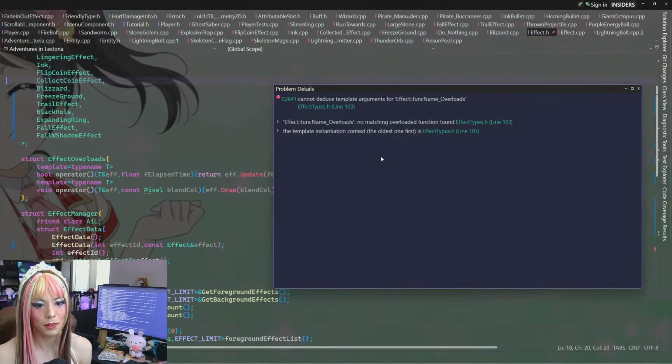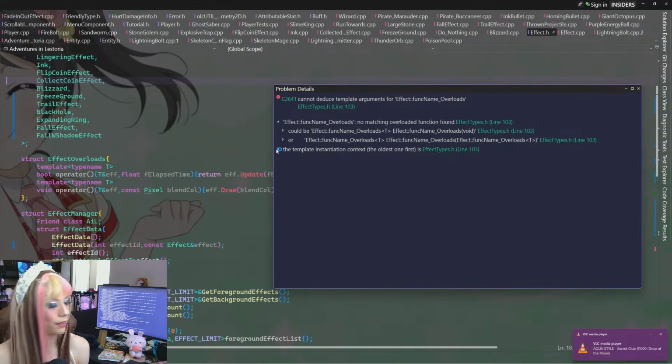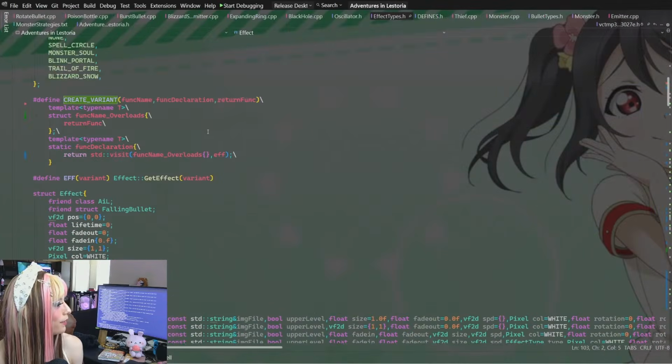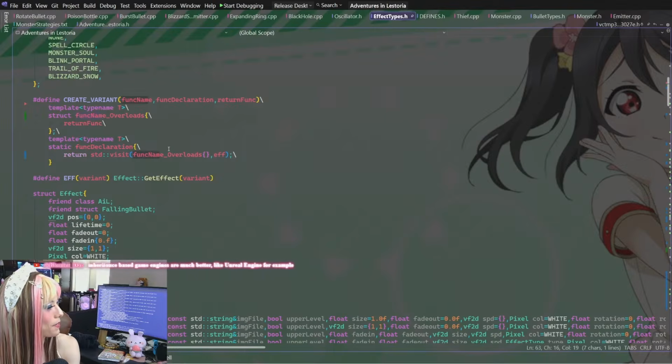Cannot deduce template arguments for effect: func name underscore overloads. I don't think that's what it's supposed to be though. It's supposed to be like... I think this isn't resolving here. I think this is just being copy pasted as is.